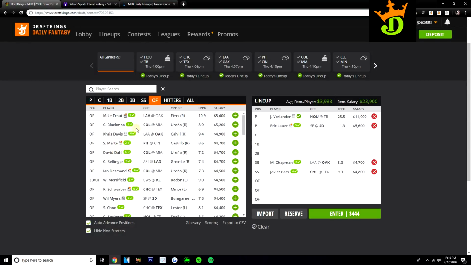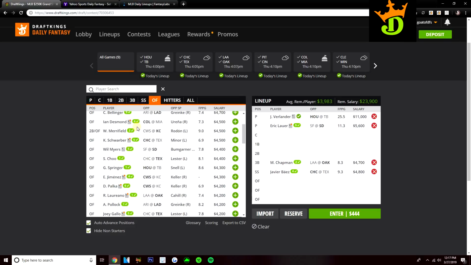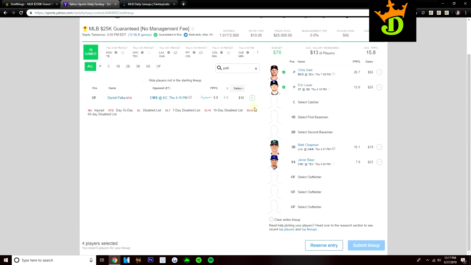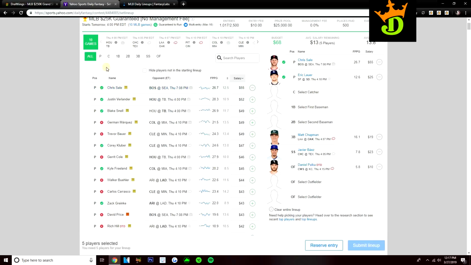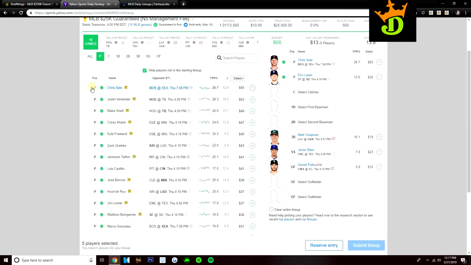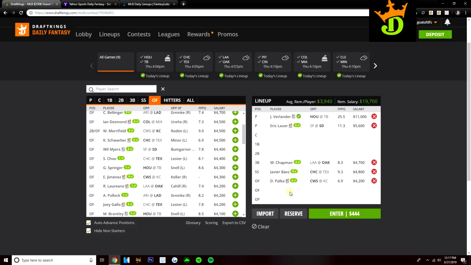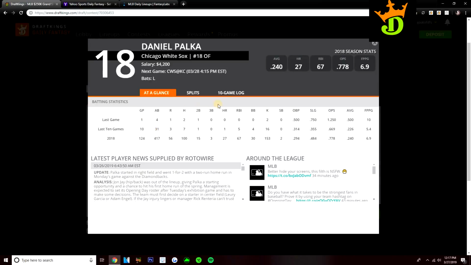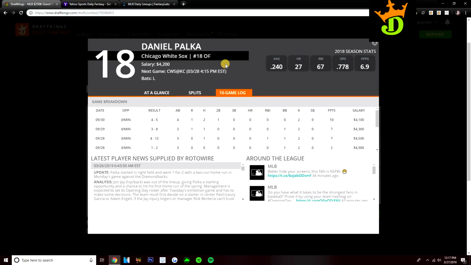But now my final play is going to be in the outfield. From the White Sox, I really like Daniel Palka today, $4,200 on DraftKings. He's very cheap on Yahoo. He's only $10 over here. Although he is listed as day-to-day, I expect him to be in the lineup. For what it's worth, DraftKings already has him in the lineup batting 6th. I'm not very sure where they got those lineups from because I haven't seen any confirmed lineups for opening day, but DK has him in there batting 6th. I expect he's in the lineup probably batting like 4th, 5th, or 6th.